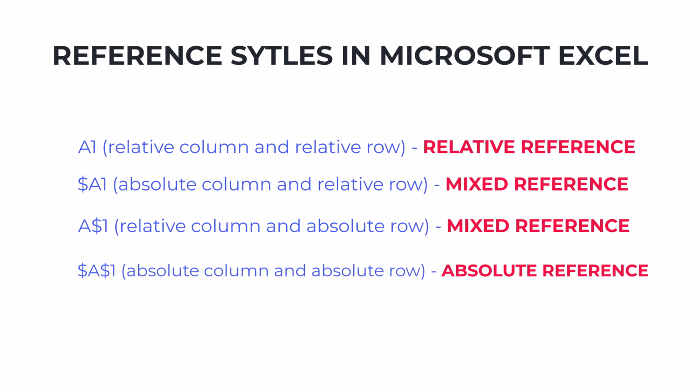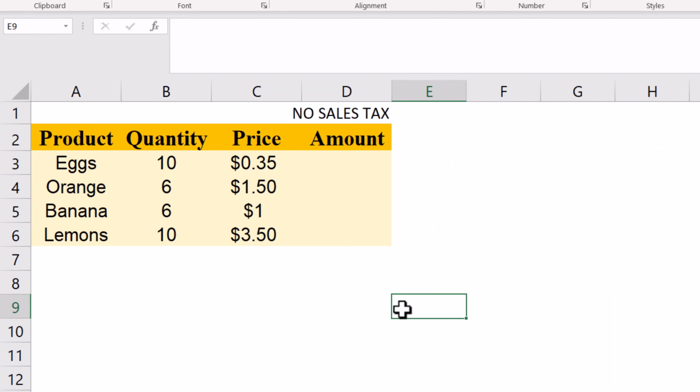The last is an example of absolute reference that we have already discussed, where a dollar sign is placed before the column name as well as the row number, and in this example it will remain constant. A1 will remain constant, whether we drag this formula or copy this formula, the cell reference A1 will remain constant. By default, a cell reference is a relative reference, which means that the reference is relative to the